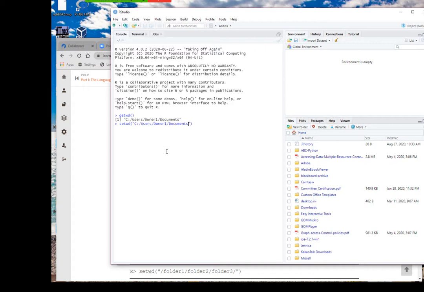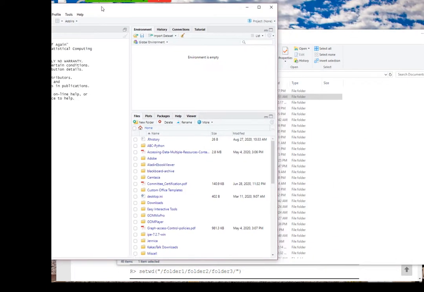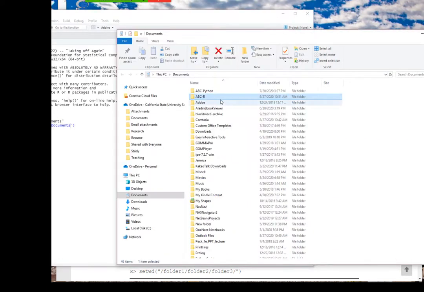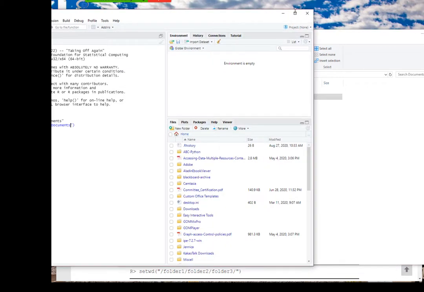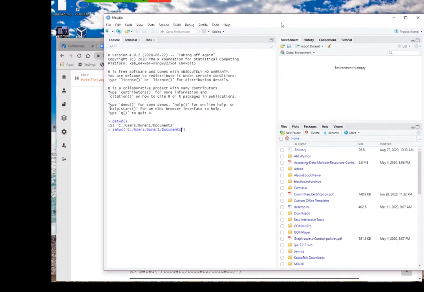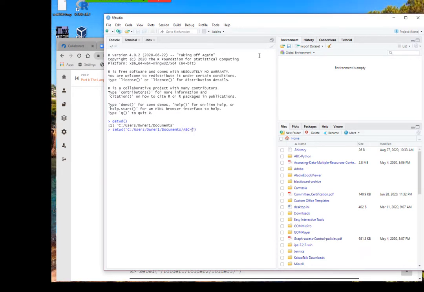Okay, since the directory I just created is ABCR, I add the slash and then A, B, C, R. And since this is a directory, I add one more slash.